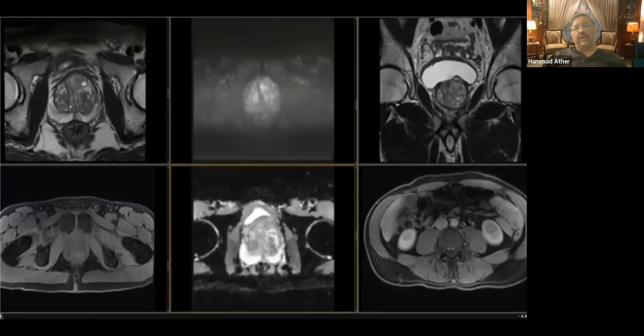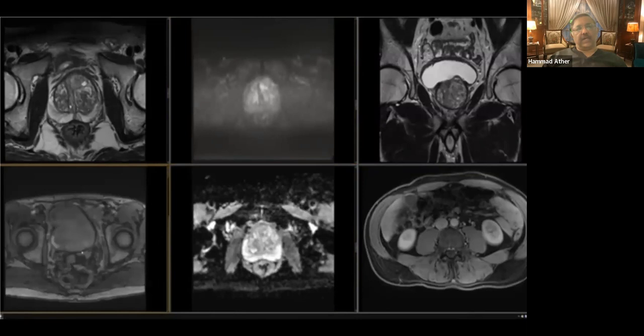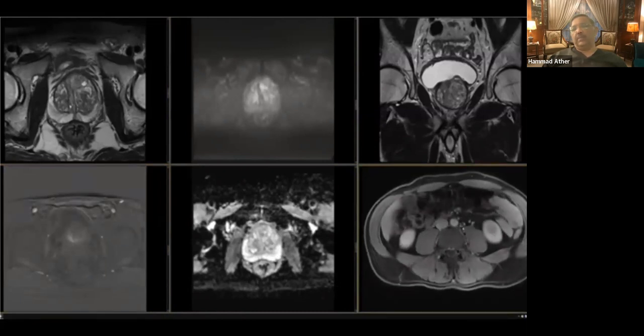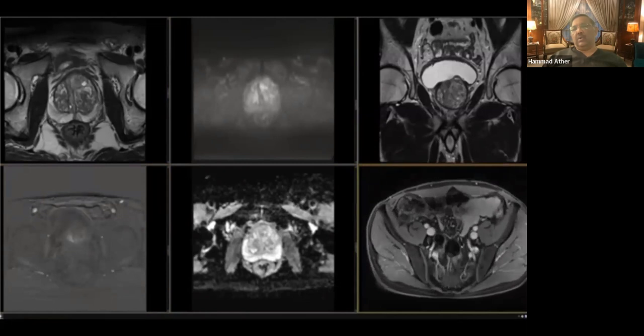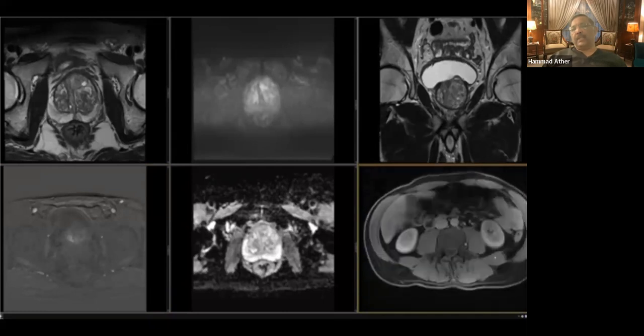And all these are complementary to each other. T1 weighted image, as I've said, and in T1, you can also see some zonal anatomy. The hemorrhages are identified in the prostate. You can have post-contrast and pre-contrast images as well using T1 weighted sequence. And then you have one global picture of the lower abdomen, starting from aortic bifurcation down up to the apex of the prostate and urethra to see the nodal distribution and the nodal disease.